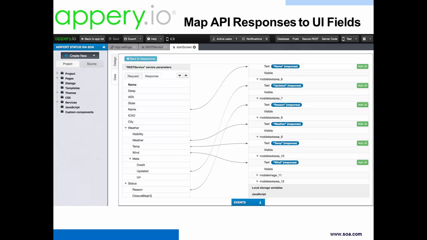Okay, thanks, Ryan. Yeah, so what you guys are looking at is the visual binding editor. It's very easy and fast to really consume any APIs available out there, and also bind the API. So on the